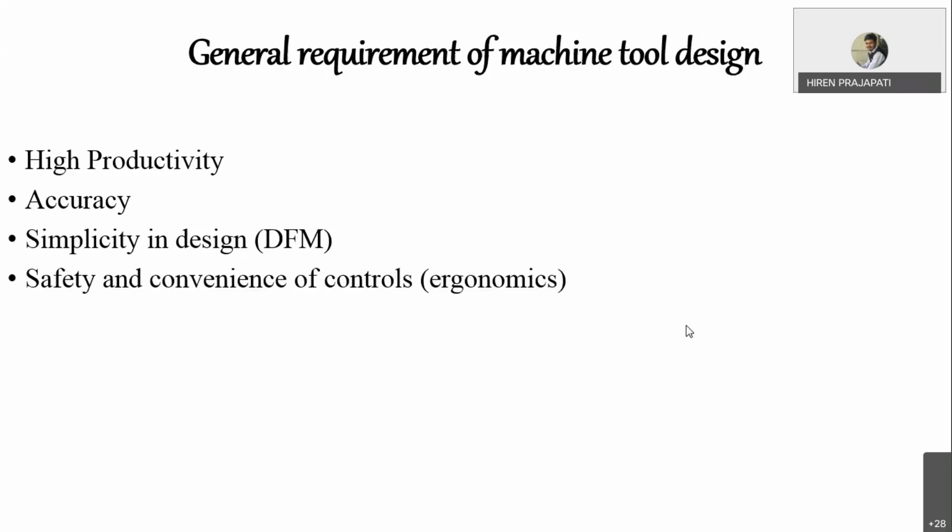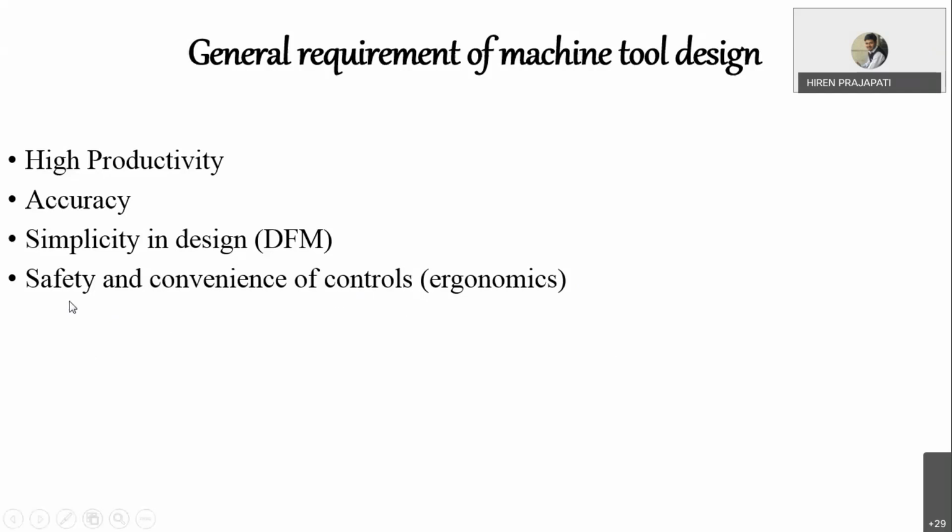This is the ergonomics actually, which is kept as a self-study portion for all of you. A few topics which are very important as per machine tool design are only considered as a self-study portion, and they are also available on our course website. From there you can refer to the self-study topics. Safety and convenience of control is very much essential. That's why if you see CNC machines, they provide shielding, meaning a glass shield, so that the chip material will not come out during machining, right? So that is the purpose.